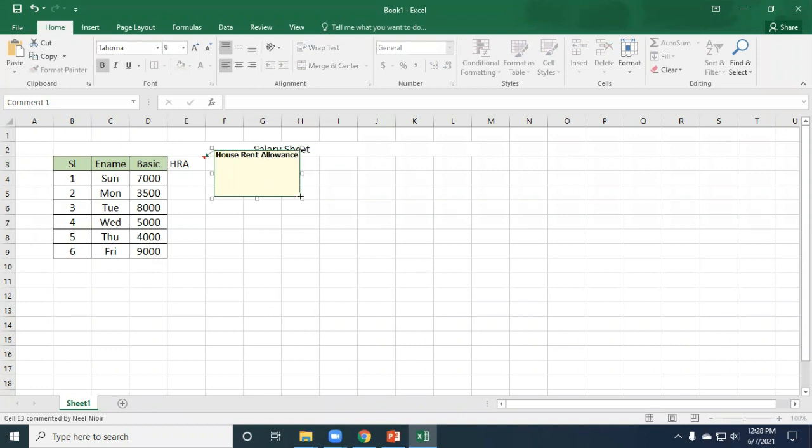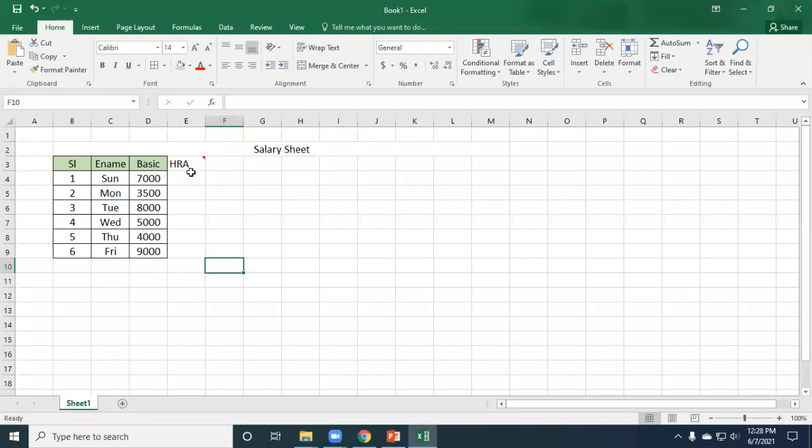You can resize the box so that it shows. Now if you bring the mouse pointer here, it will automatically show the meaning of HRA, house rent allowance. Now we have to find out HRA using the IF function.